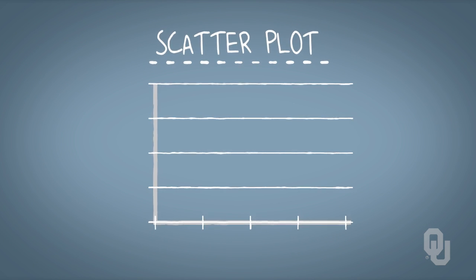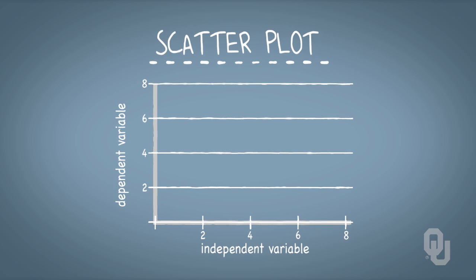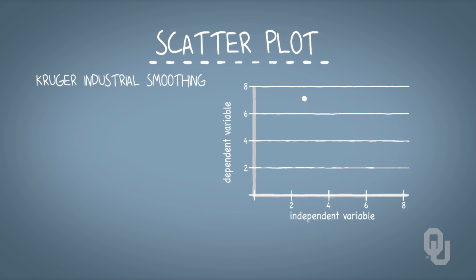With a scatter plot, the independent variable, or the variable that we think is causing the influence, spans the horizontal axis, and the dependent variable, or the variable that we believe is being influenced, runs along the vertical axis. A point on the scatter plot represents an observation in the sample that has a value for each variable. For example, let's take a look at some data from Kruger Industrial Smoothing, which polishes ball bearings for use